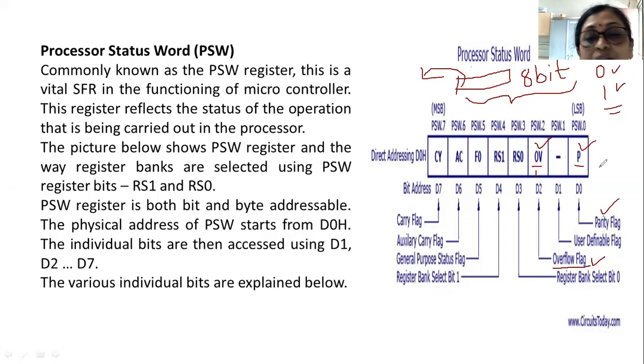Are you clear about this, students? Now here again, as you asked last time, what are these numbers? These numbers are the bit addresses of each bit of the register. Either you can specify each bit by its name or by its address. For example, for the carry flag, its name is PSW.7, but its address is D7. You can specify this particular bit either by D7H or by PSW.7. Whatever you choose.